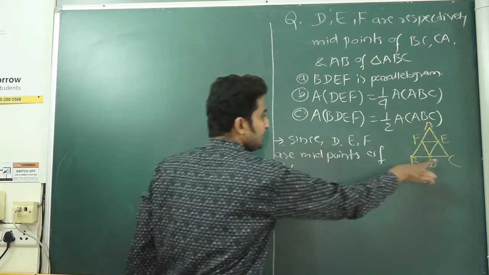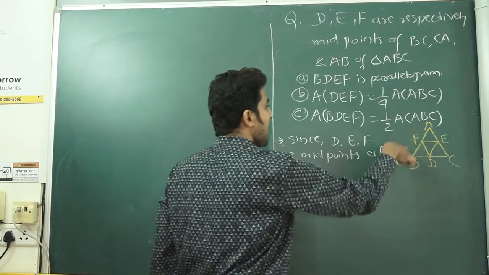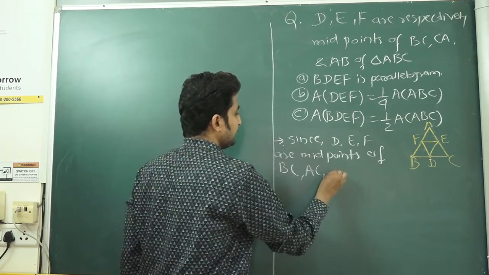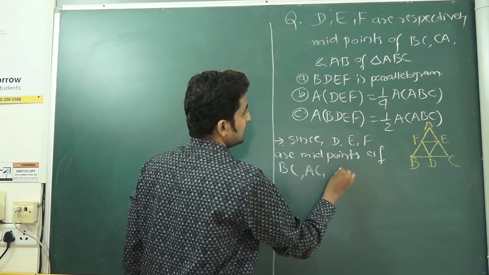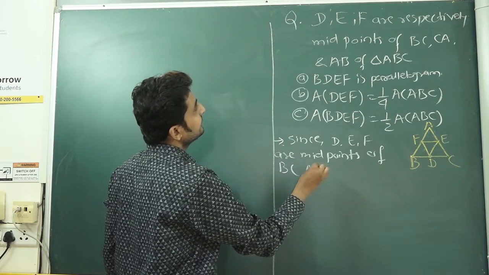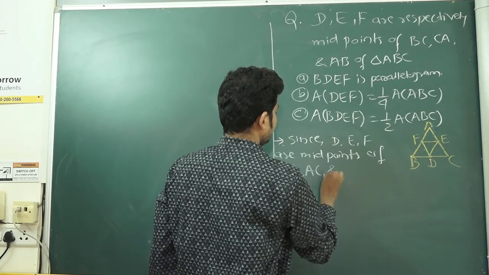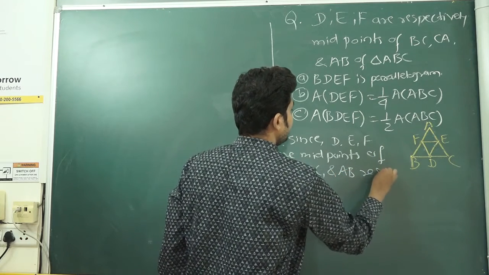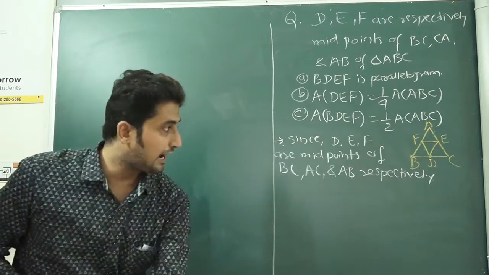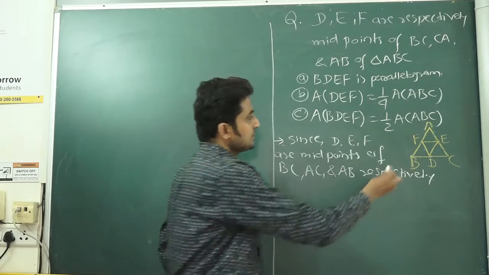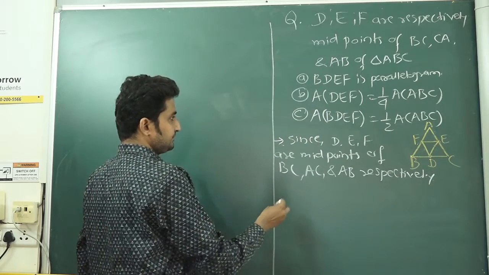BC. D is the midpoint of BC, E is the midpoint of AC and F is the midpoint of AB respectively. That we have. Now dear students, if you observe this length EF,